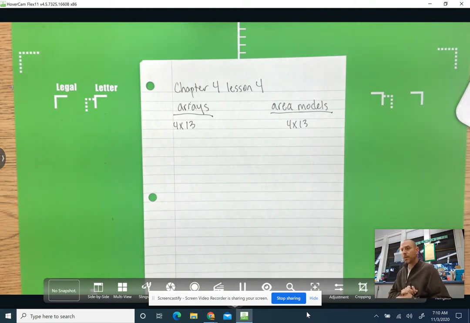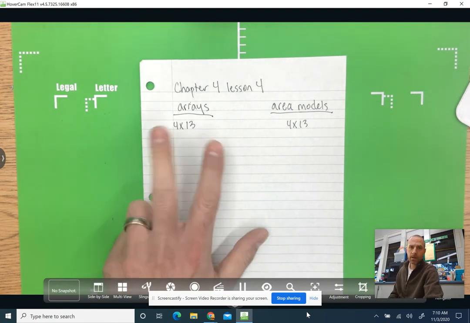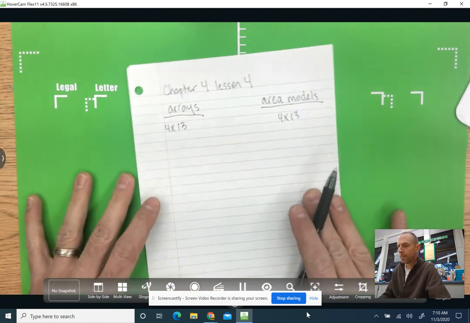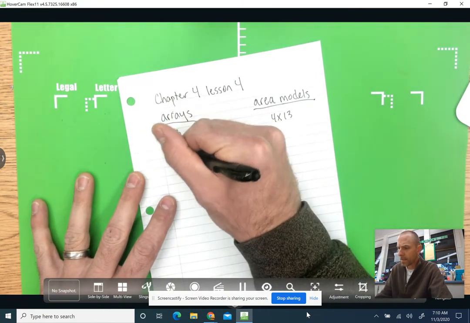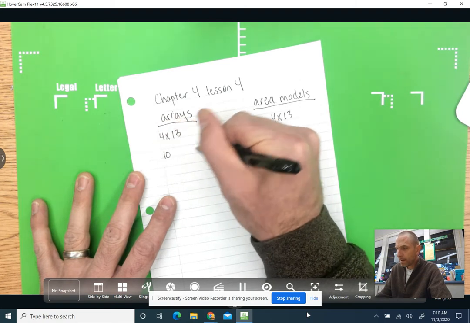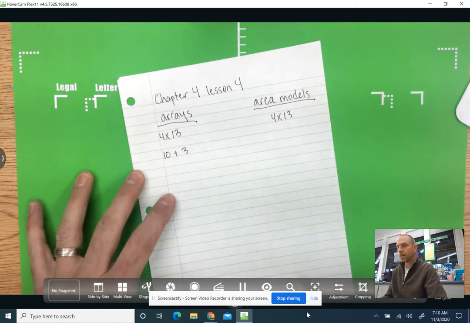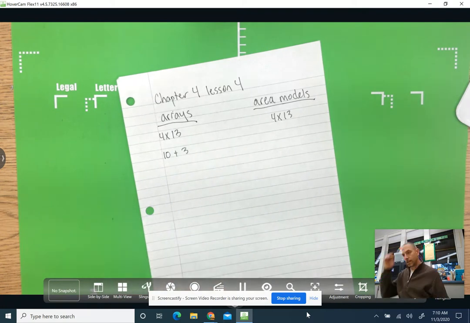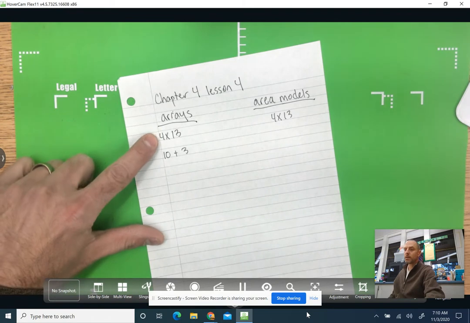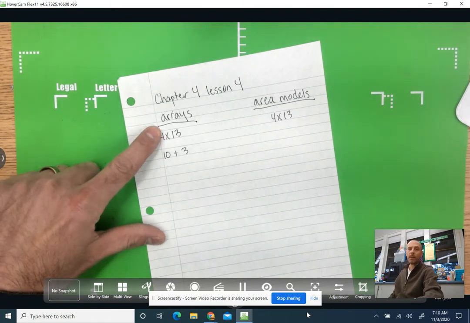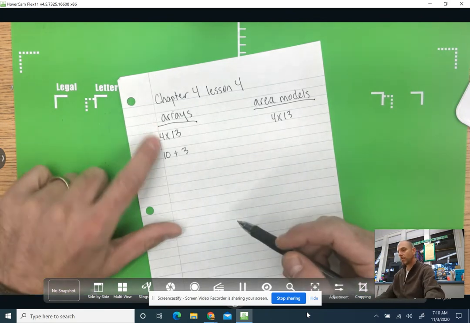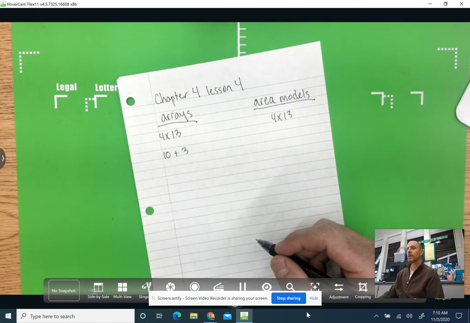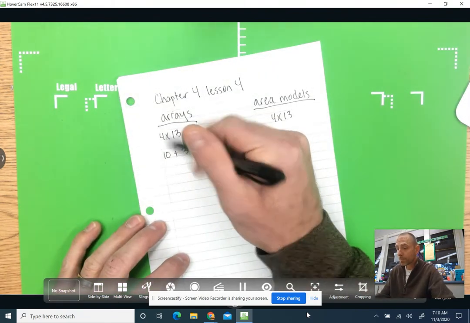But let's do it when we separate our two-digit number into two parts or into expanded form. So one way of looking at that is taking 13 and separating it into 10 plus 3. That's 13 in expanded form. Now, what we can do is give that 4 to the 10 and give that 4 to the 3. Distribute it, okay? Multiply 4 times 10 first and then 4 times 3. Or look at it as 4 groups of 10,